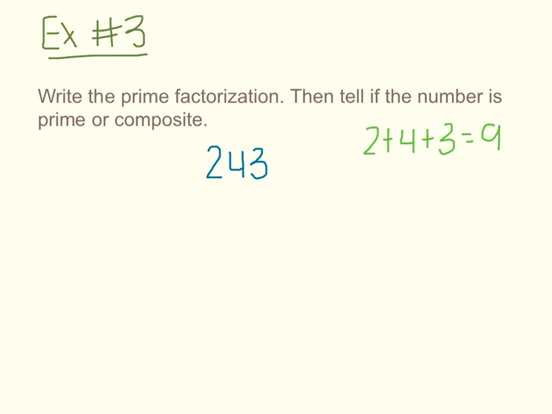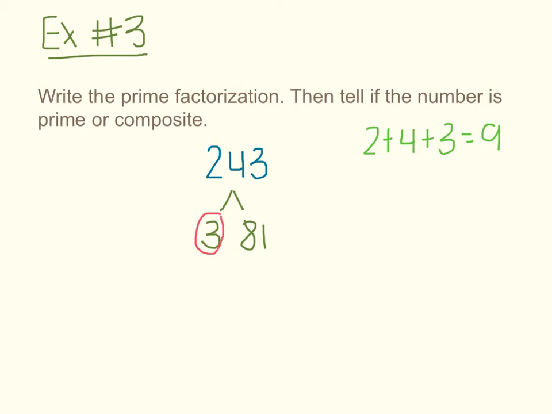And 9 is divisible by 3. It goes in evenly. So I know that that is a factor. So when I break it down, I'm going to break it down into 3 times 81, because 3 times 81 gives me 243. Now I know that 3 is a prime number and it can't be broken down, so I